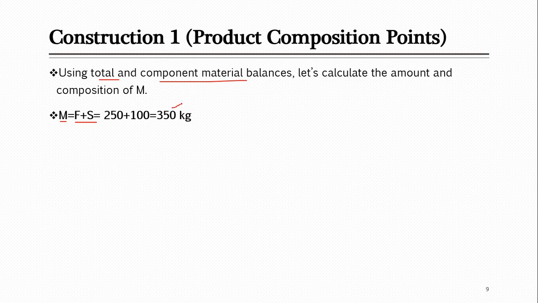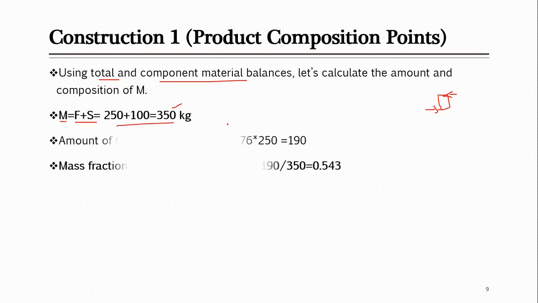So you already know, it's straightforward, it's about 350 kilograms. In any system, if you are confused about this, just consider one stage. In this stage, what is entering is feed plus solvent, and then they get mixed, so you get M. So two in, and you can consider M as the output, or maybe as accumulation, and you can apply the material balance. Just stoichiometry. Here you will get 350 kg.